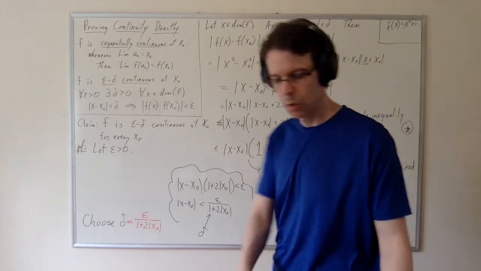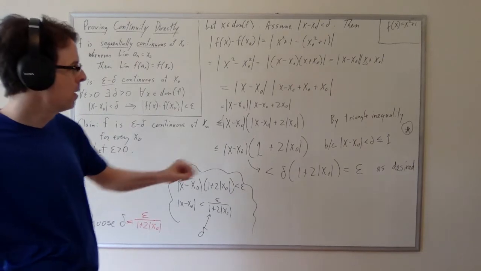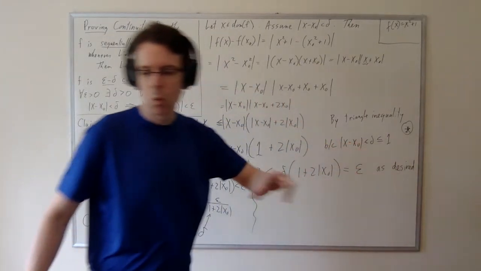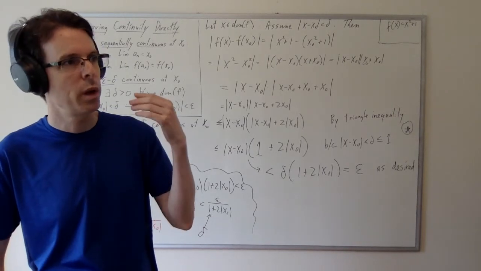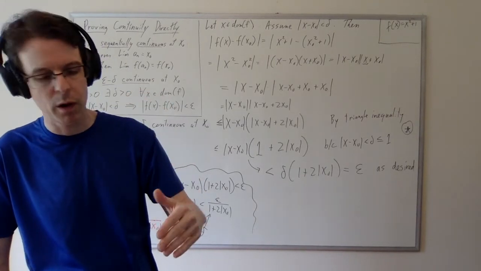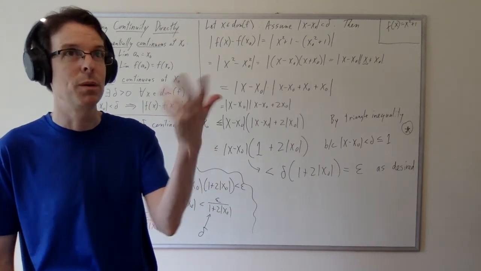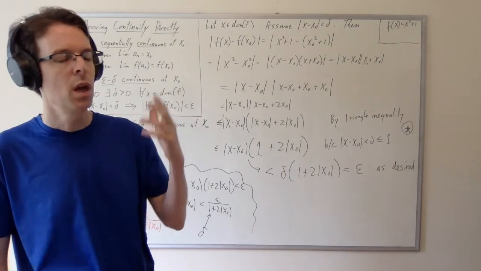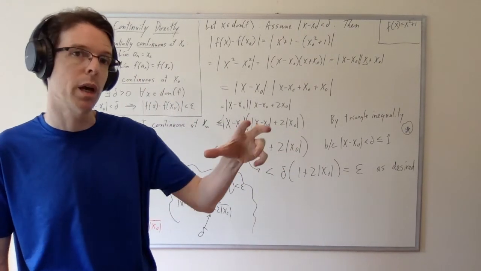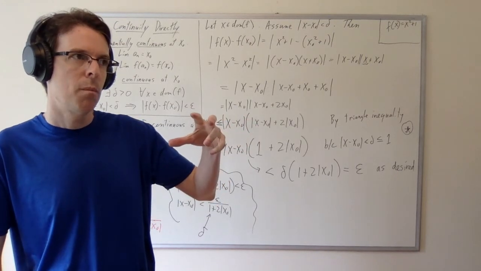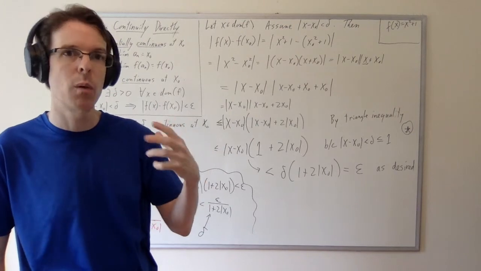And so I need to modify my choice of delta so that I am sure to keep the commitment here. Now, we've done something similar to this many, many times with our sequences. We have a commitment that n is supposed to be greater than 7, but another commitment that it's supposed to be greater than the square root of epsilon, or maybe 1 over the square root of epsilon or some crazy stuff. So if we have several commitments for what n is supposed to be greater than, then when it comes time to choose that cap n,